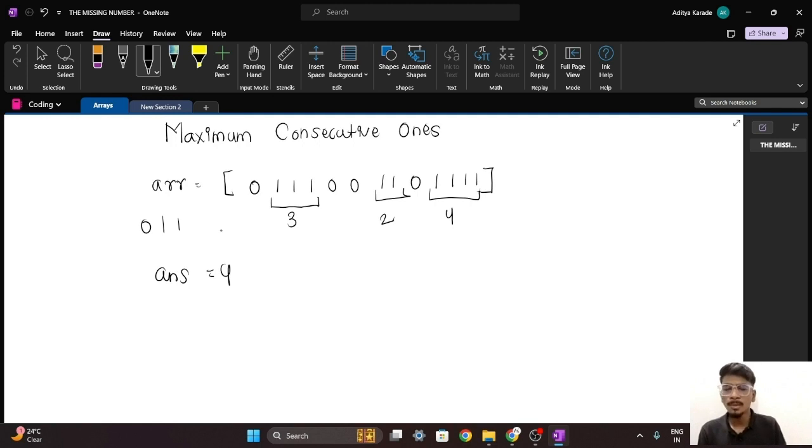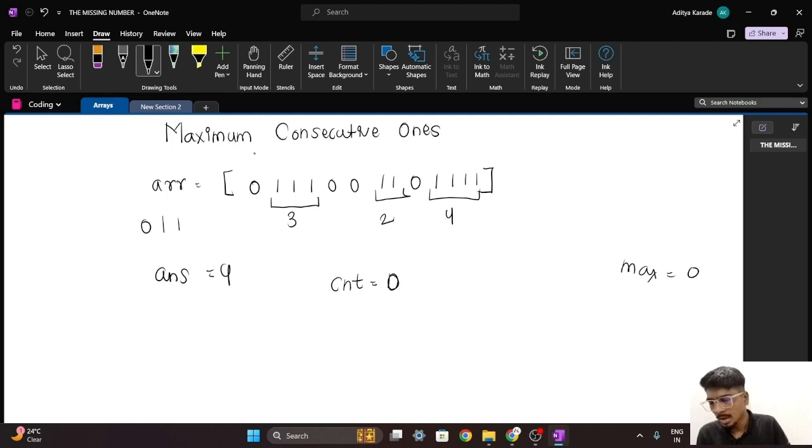If you try to think about the brute force and the better approach for this question, you will end up wasting your time, as the optimal solution for this question is very straightforward. We are given the array consisting of zeros and ones, and we need to simply return the maximum number of consecutive ones. Initially the number of consecutive ones will be 0, and I'll maintain a counter to count the number of ones that I'm having. Currently the count will also be 0, and I'll start iterating over my